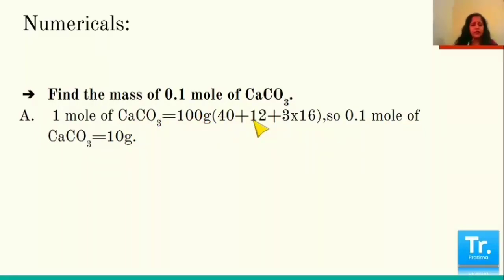But I would suggest, don't go for anything that I know and I can write it directly. Please have a little rough work and calculate and then write, even if you know, to confirm yourself, because a little bit of mistake will make your sum wrong and you will miss out your 2 or 3 marks there. So please avoid writing the values directly. Even if you know, it is very good, you are confirmed actually, but please calculate. So 1 mole of calcium carbonate is 100 gram, therefore 0.1 mole will be how much? 10 grams, 100 into 0.1. Okay, a similar one we had done also.